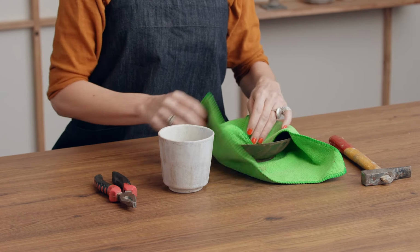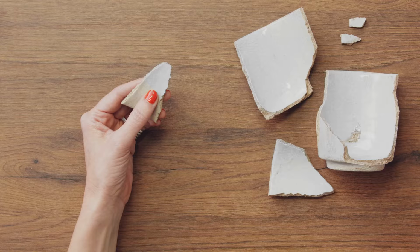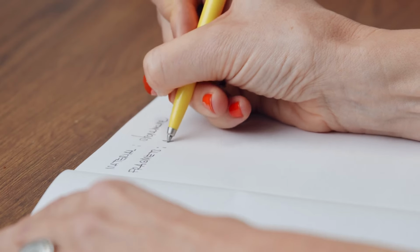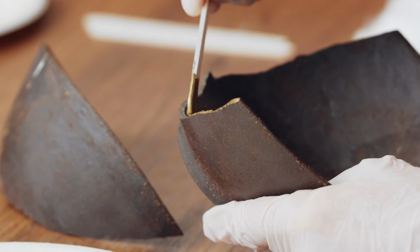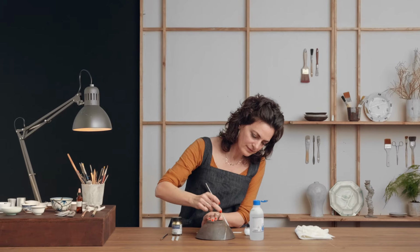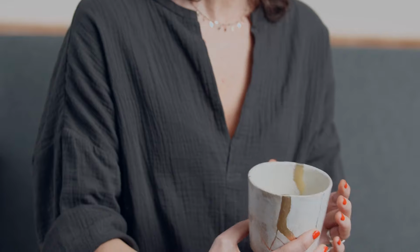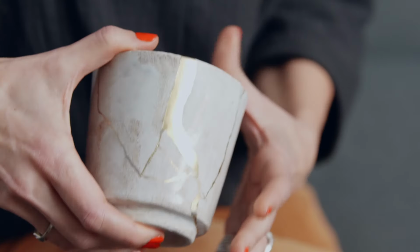We will carefully break them using a piece of cloth and a hammer. I will show you how to document your process. I will then teach you how to make your first restoration project using the gold relief technique and adding some finishing touches. Once we have mastered this method, we will move on to a more complex one, the gold flush